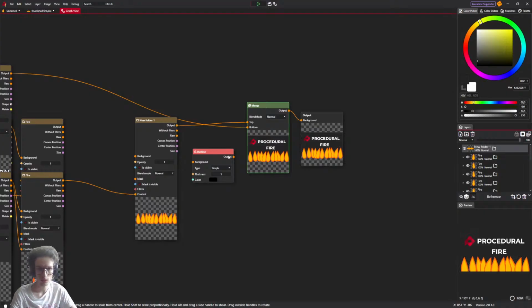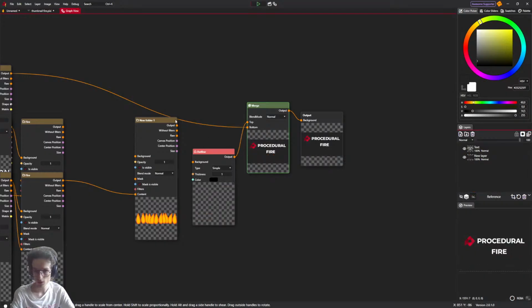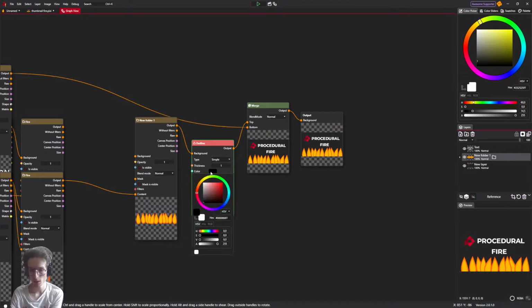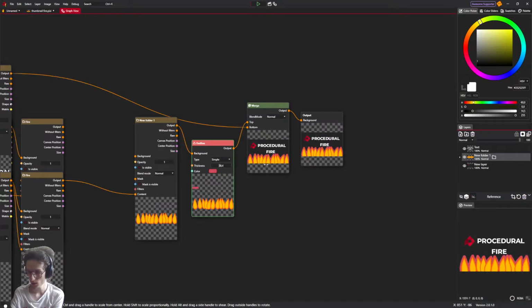Output, save the file just in case, and now no, let's put it on top here. Flames into the outline node. It will create an outline for it, and let's pick a color. But we can increase the